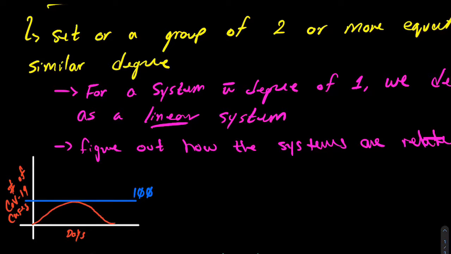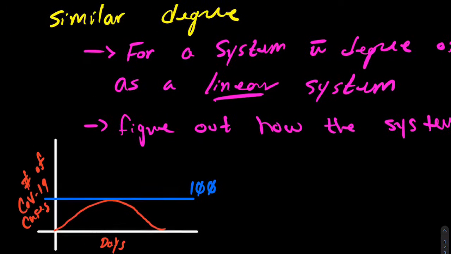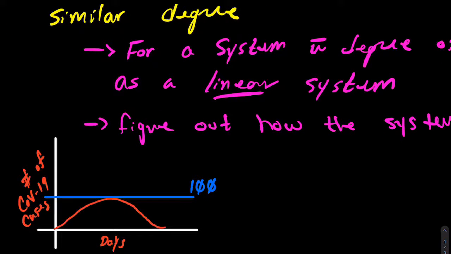Obviously it can hold more, but just for what we're doing right now, let's draw another kind of function here, a linear function, or a constant function technically, but linear nonetheless. And let's say that at this point is the maximum number of cases that BC can hold for COVID-19. Even though these two aren't the same degree, because this is a curvier function and this is a linear function, we do have, in a rough sense, a system of equations here. And what we would do to figure out essentially at what point or how long it would take before